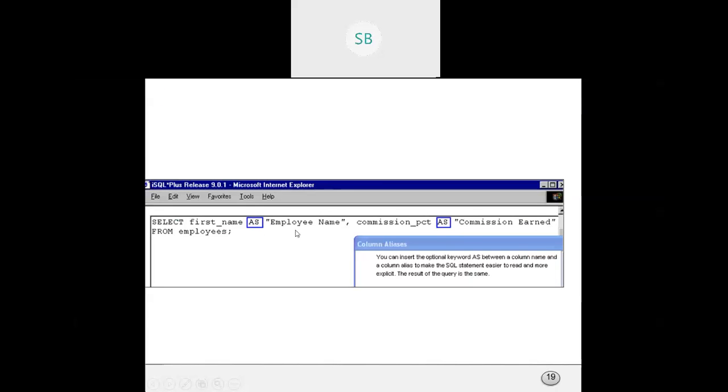You don't have to delete the table and create it again. You can just use the alias command. So: select first name as employee name, commission PCT as commission earned from employees. I'll show you these things.